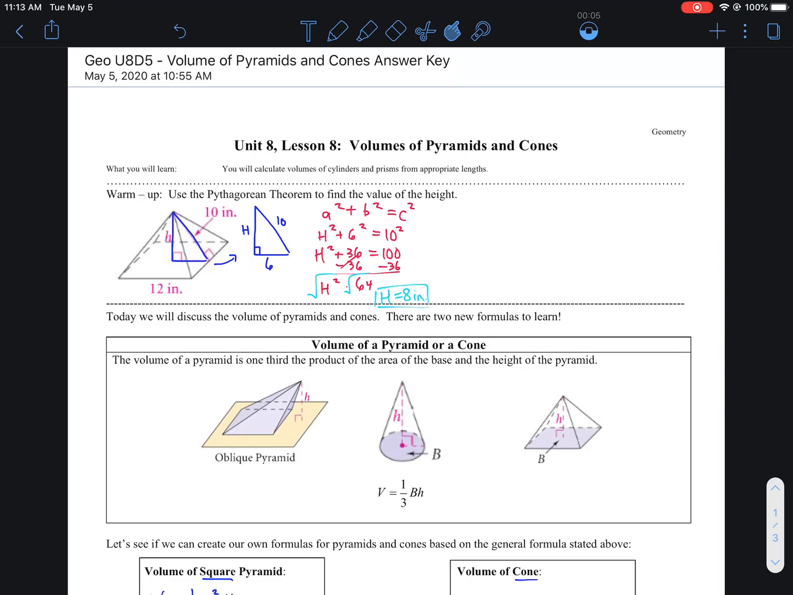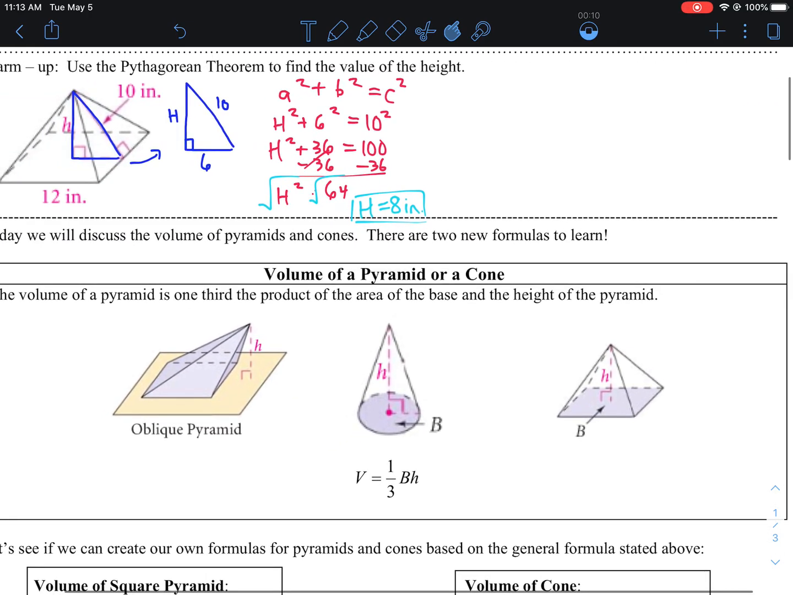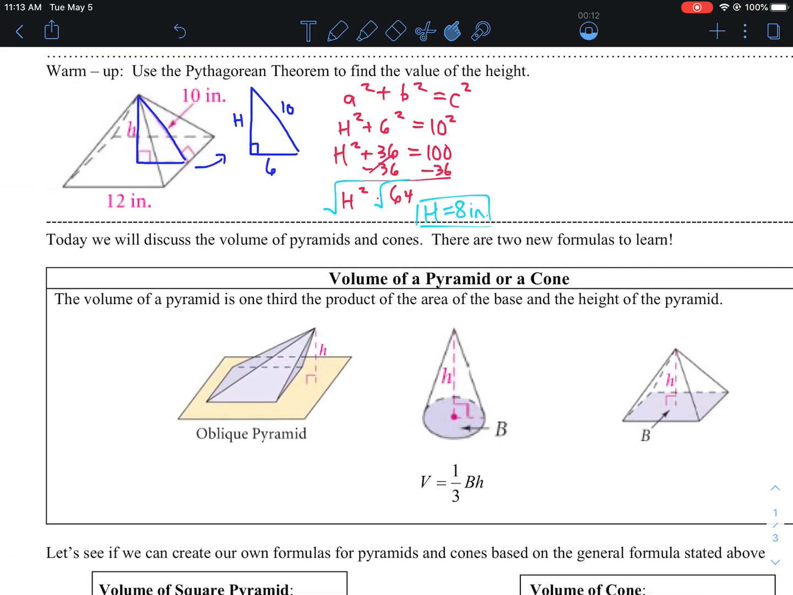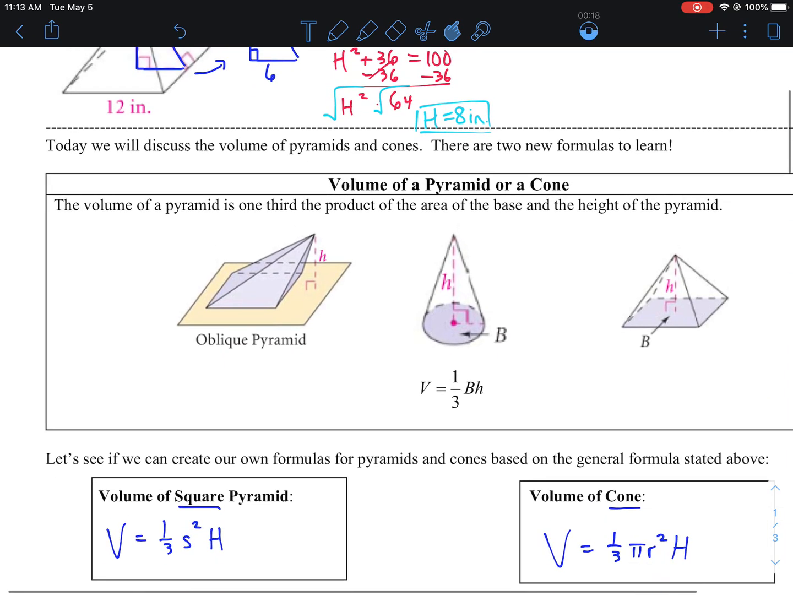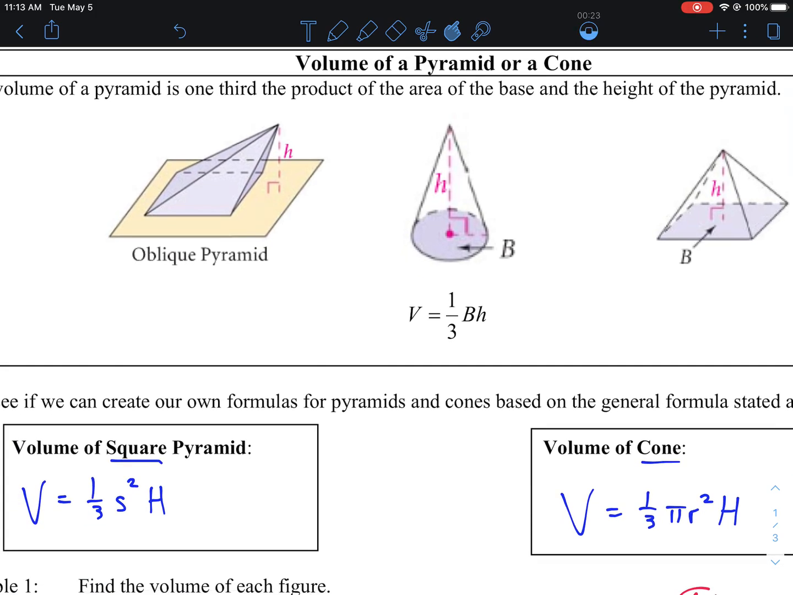Okay, everyone, this is our last new unit, and it is volume of pyramids and cones. So part of the situation here might involve Pythagorean theorem. We kind of previewed that in our previous video. And the reason why, I'm actually going to skip the warm-up and come back to it for a second, is